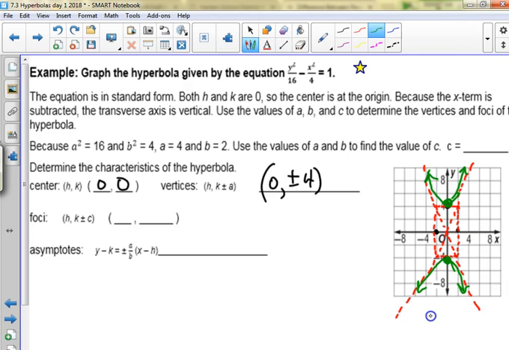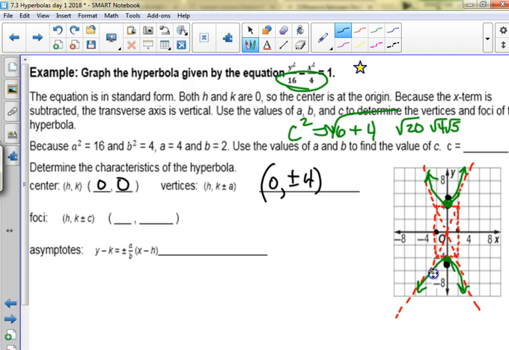But then we need to find the foci. To find the foci, instead of a squared minus b squared, we have to go a squared plus b squared, and then square root. So we get square root of 20, which simplifies to what? 2 square roots of 5? Okay. Anybody? Square root of 20 is like 4.5, maybe? Anybody tell me what square root of 20 is? Okay, almost 4.5. So it would be just inside here,